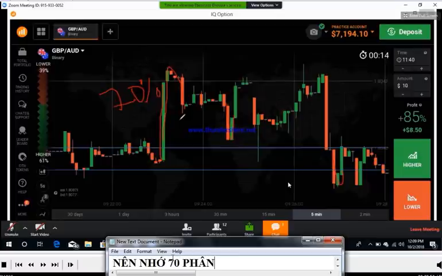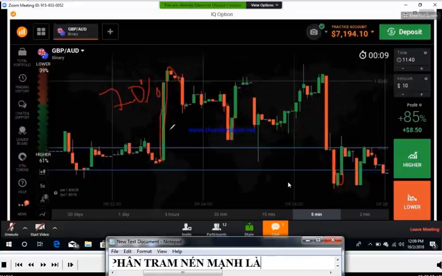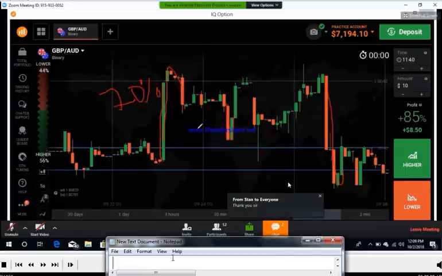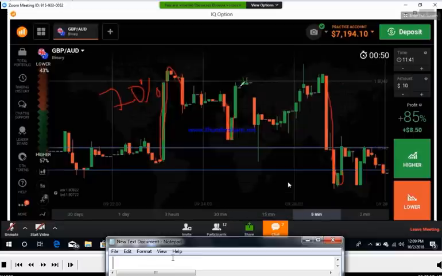You can see in my videos, I choose these strong candles as reversal candlesticks most of the time, because this is a Marubozu candle. It will reverse the market most of the time. So you can't take these candles as a confirmation. This one also. These are very weak candles. You can't take these weak candles as a confirmation.